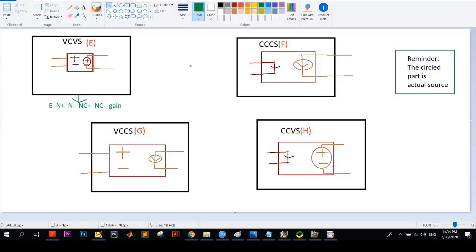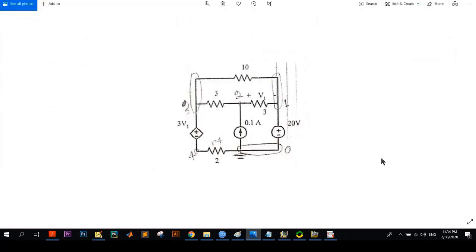The last part is gain. So how much of the control source's input do you want to amplify in the output? So this one is gain, and this can be any number. So 0, 1, 2, 3, 1.5, anything. Okay, so now let us analyze the circuit here. So let us analyze this circuit and write its netlist. So first, for writing a netlist, you have to specify the node numbers. So here we have specified the nodes 0, 1, 2, 3, and 4,